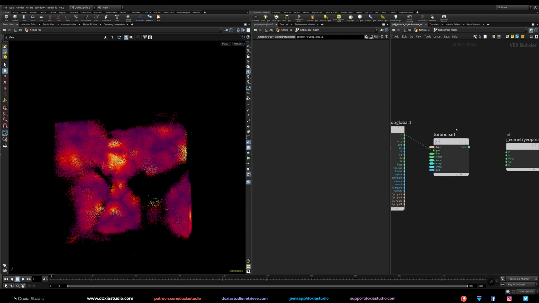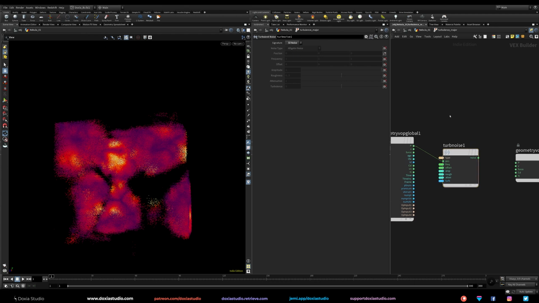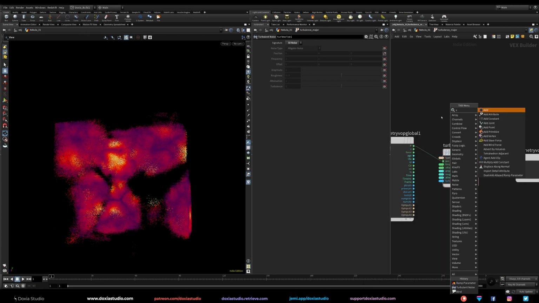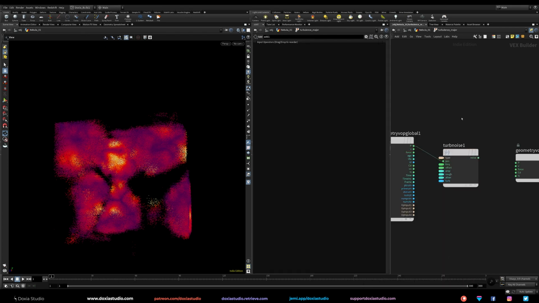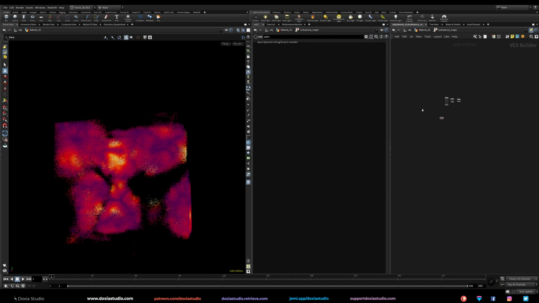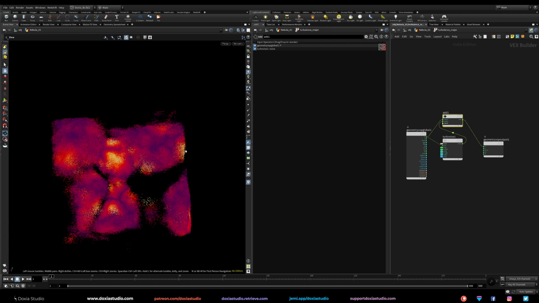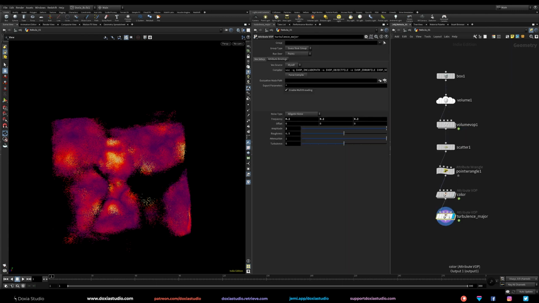Okay, and then let's go with 3D noise. This is a 3D noise. And let me think about it. Let's go with the add. Where is it? Place it somewhere. Okay, let's add that noise to our current position and deform. You can see something going on already. And let's go with a really low frequency, something like 0.1.